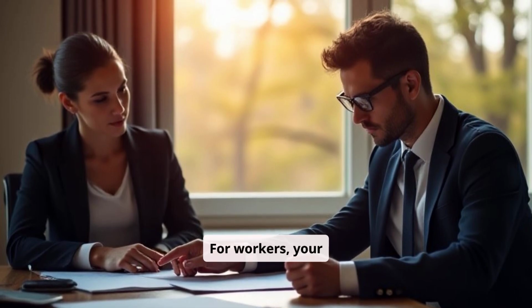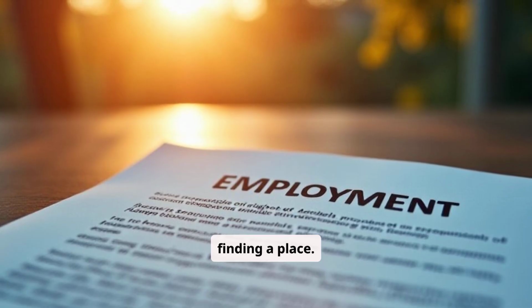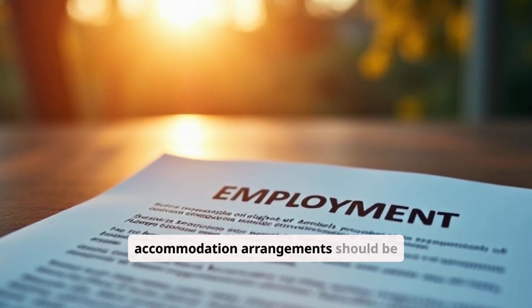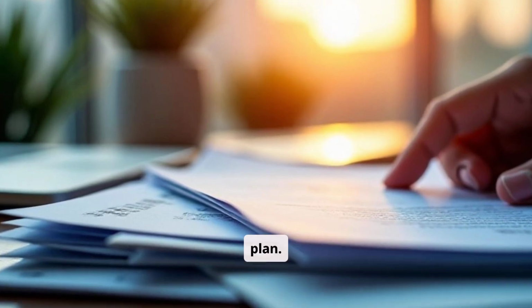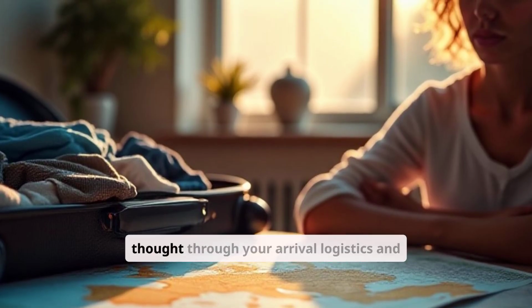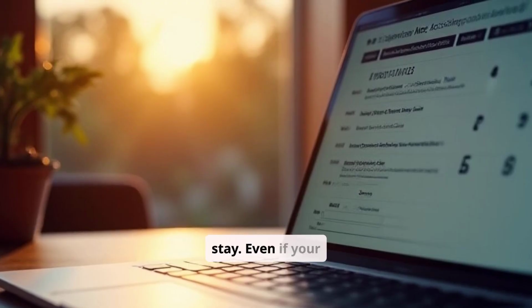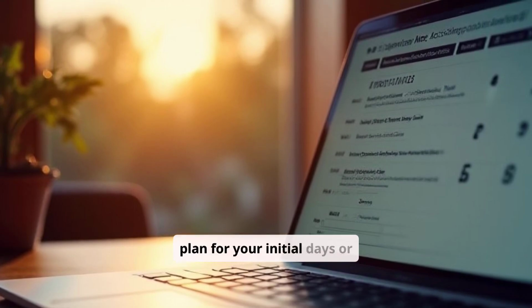For workers, your employer might provide temporary accommodation or assist in finding a place. Any official documentation from your employer regarding accommodation arrangements should be included. This adds credibility to your overall plan. The key is to show that you have thought through your arrival logistics and will not be without a place to stay. Even if your long-term accommodation is not yet finalized, demonstrating a plan for your initial days or weeks